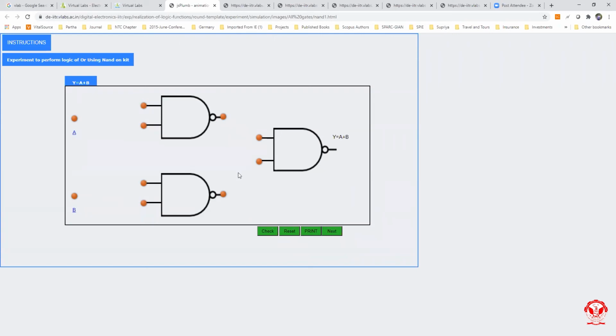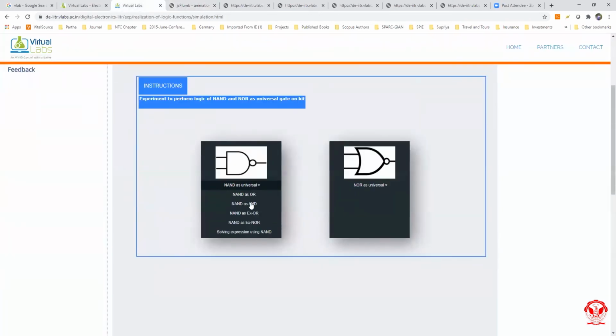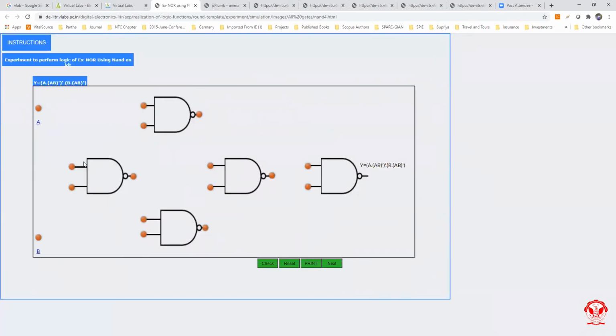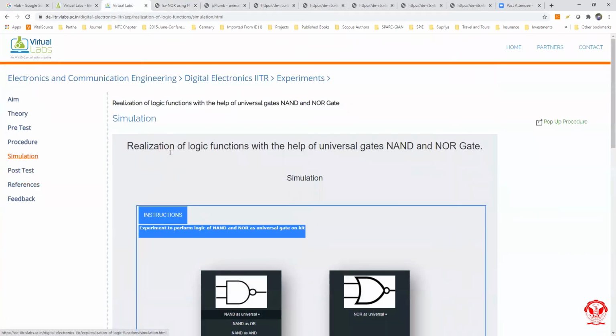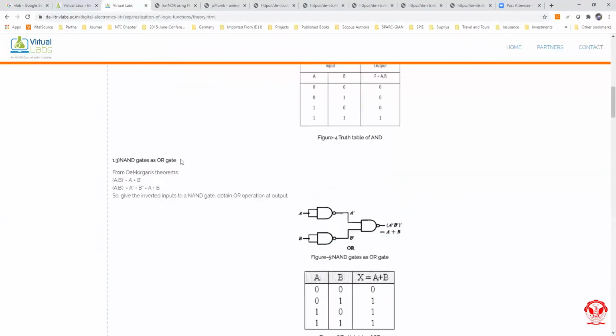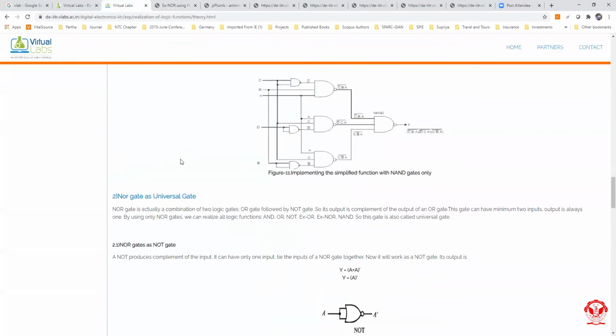Now, moving to the next, take this experiment, XOR gate using NAND gate. Click on this. Now we have to make the XOR gate using the NAND gate. If students have gone through the theory section, then everything is available in this section.